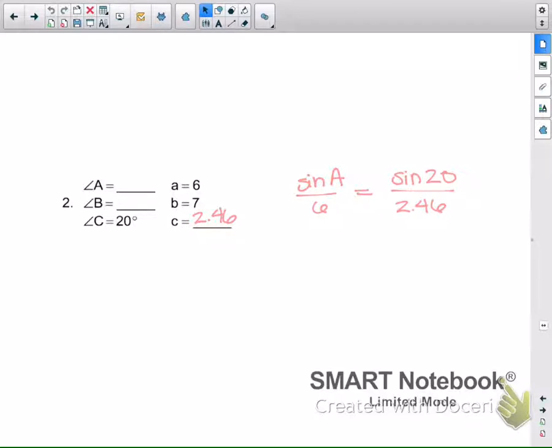So this one I would do 6 times the sine of 20, divide by 2.46. And then I would do inverse sine of that decimal to get my angle A, which I get about 56 or 57 depending on whether you rounded the 2.46 or you use the answer. Mine rounds up to 57. And then how do you find angle B? Subtract from 180,